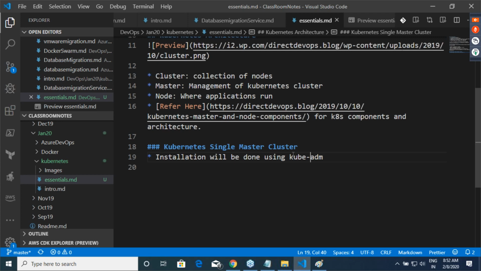Clear on that? Okay. Our ideal production environment will be Kubernetes as a service on the cloud, AKS or EKS, where the master is managed by the cloud, and we will be worrying only about the nodes. This is the scenario we will be speaking about, right? Okay. All right.